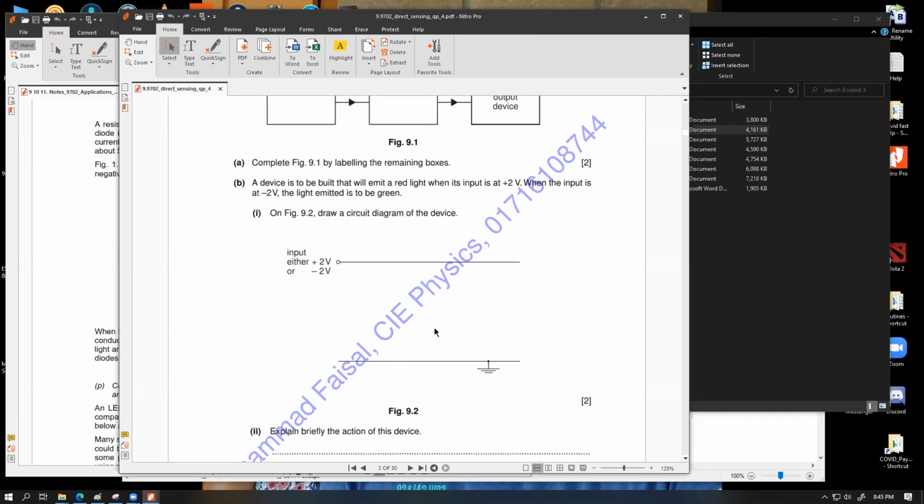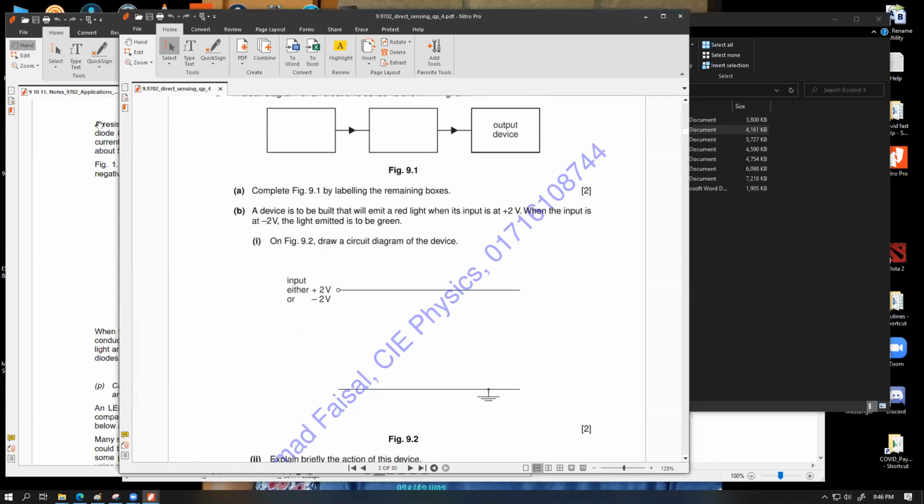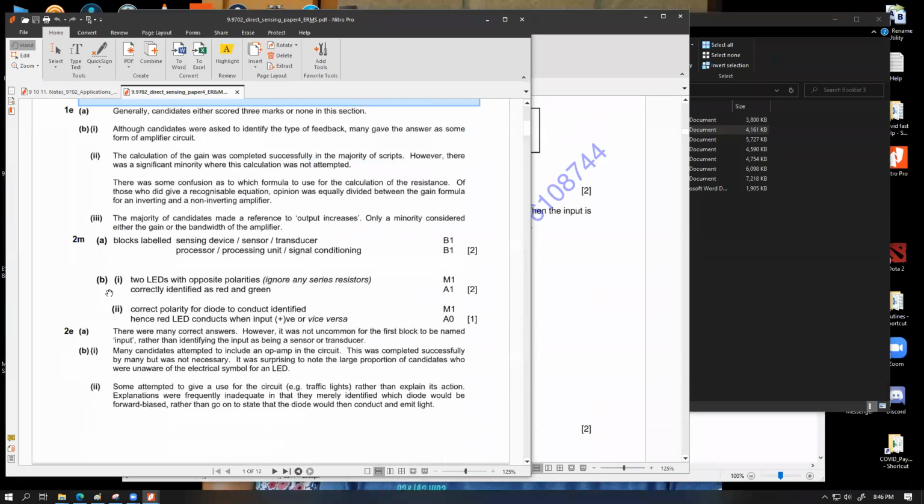যেটা তোমার ডাউনওয়ার্ড এলইডি থাকবে সেটাকে লেবেল করতে হবে রেড, যেটা আপওয়ার্ড থাকবে সেটাকে লেবেল করতে হবে গ্রিন। এখানে 2 মার্ক দিচ্ছে, সো তোমার রেজিস্টার আঁকা লাগবে। এই 2 মার্কের ডিস্ট্রিবিউশনটা আমরা একটু দেখি। এটা হচ্ছে কোশ্চেন নাম্বার 2 এর বি। 2 LEDs with opposite polarities. So just দুইটা এলইডি অপোজিট পোলারিটিতে দিলেই 1 মার্ক। This is to understand that they have to work differently. Correctly identified as red and green, এটার জন্য হচ্ছে 1 মার্ক। সো একটা রেড একটা গ্রিন যদি কারেক্টলি আইডেন্টিফাই করে তাহলে হচ্ছে 1 মার্ক। এখানে 3 মার্ক নাই বলে রেজিস্টারের মার্কটা দেওয়া হয় নাই।